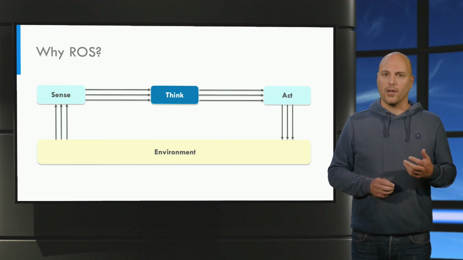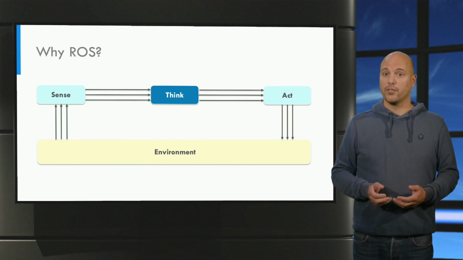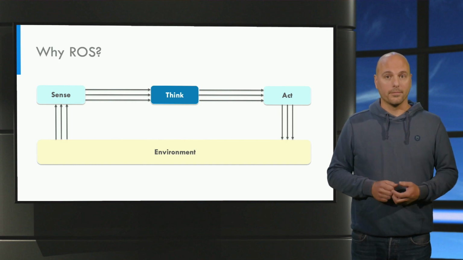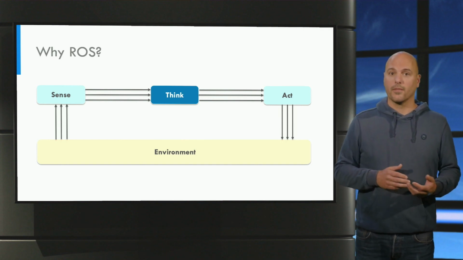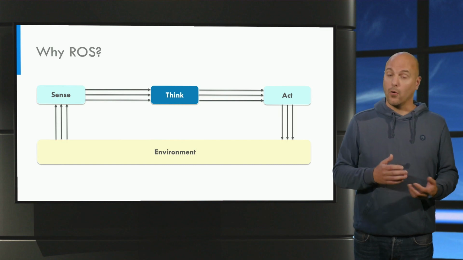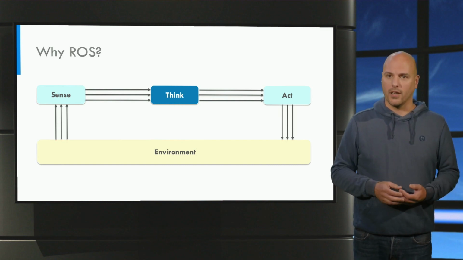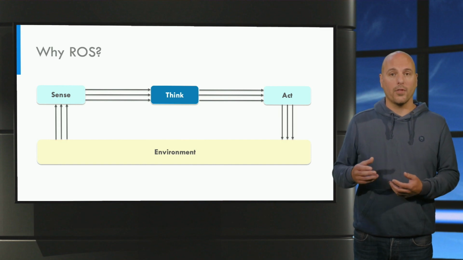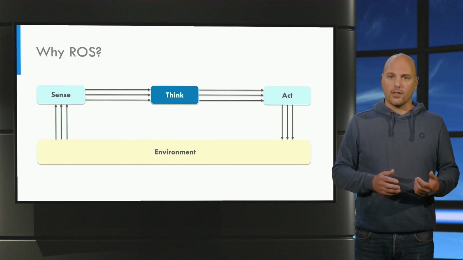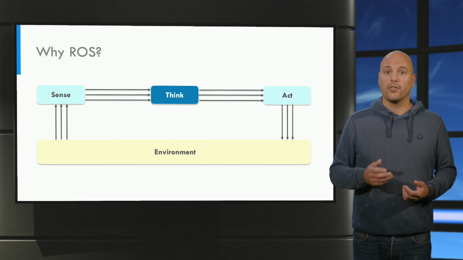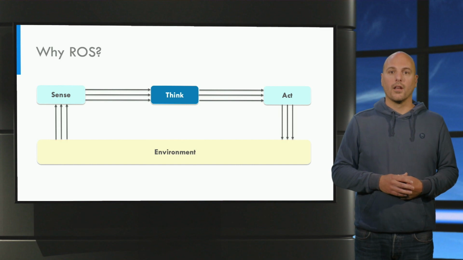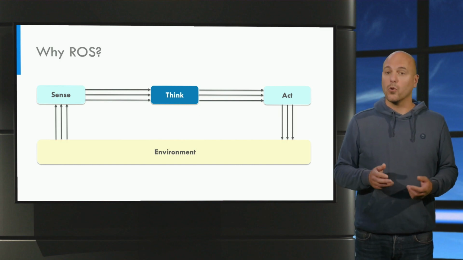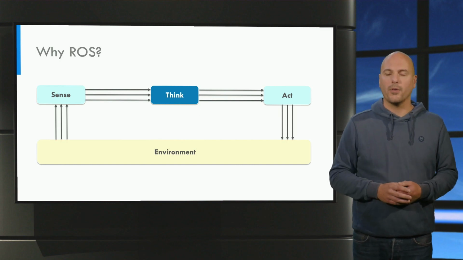So suppose we are now programming our behavior in C++ and do this in a multi-threaded way. We will probably still run into another issue. Most sensors and actuators come with an API, Application Programming Interface, or SDK, Software Development Kit, in order to communicate with the hardware. This interface might not be accessible in the language you are using. We therefore are not able to communicate with it. That's why we need to make this setup more modular without losing the multi-threaded ability.